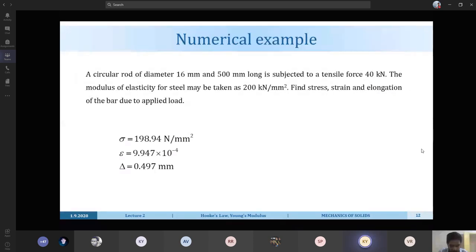How do you calculate the area? So area is 2 pi RH. It is a rod, so it must be a cylinder. No, it should be pi r square. You are considering the cross-sectional area. You are applying a tensile force, and that tensile force is acting on that cross-section, and the cross-section is pi r square. Oh, okay, sir.